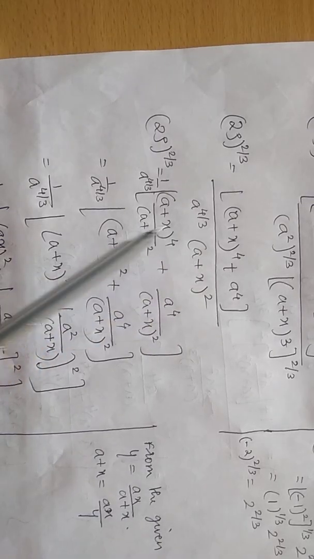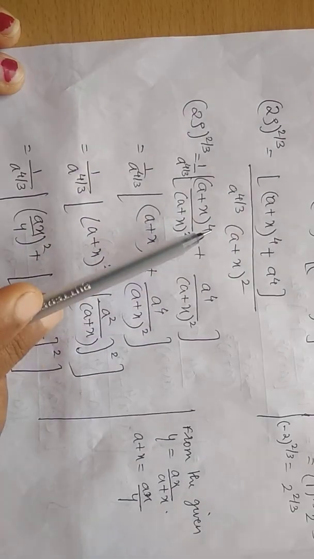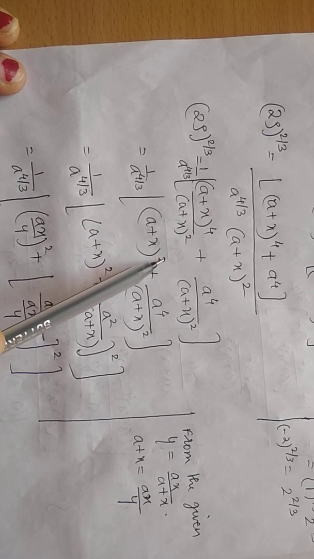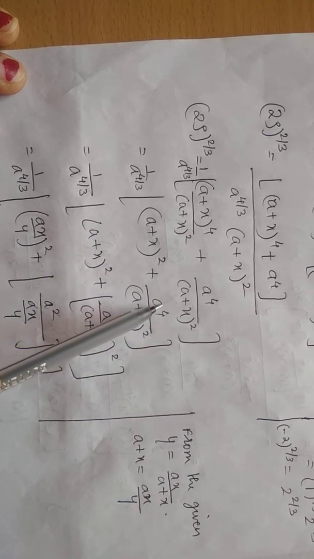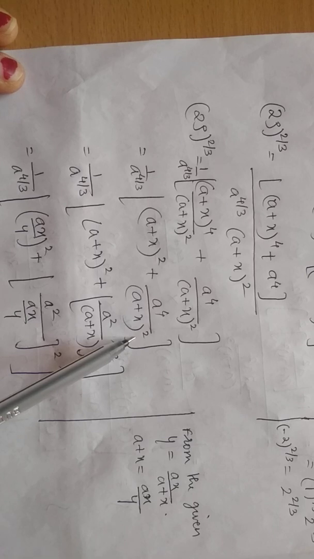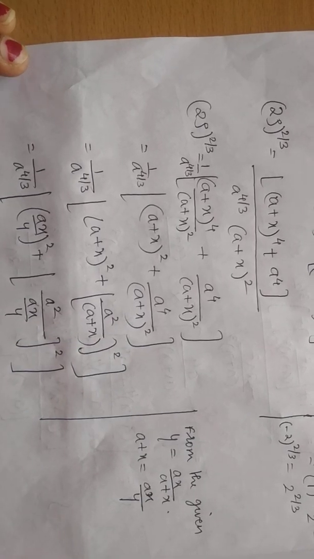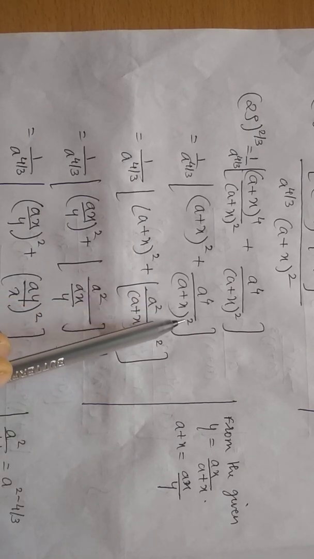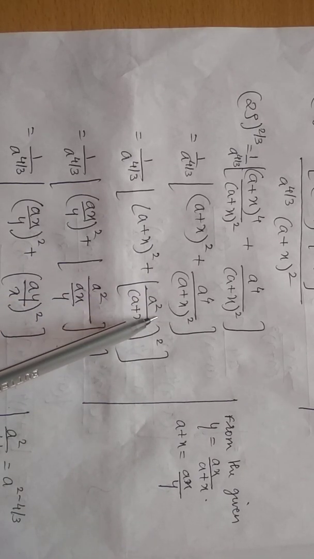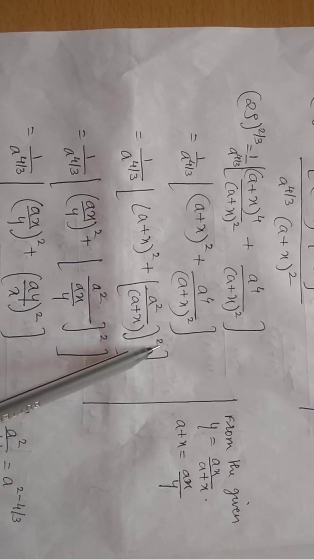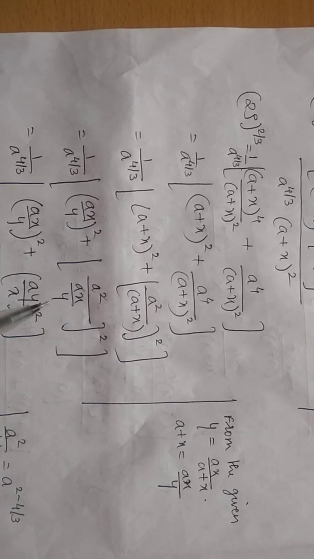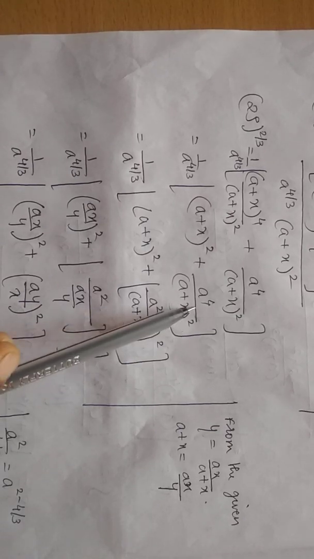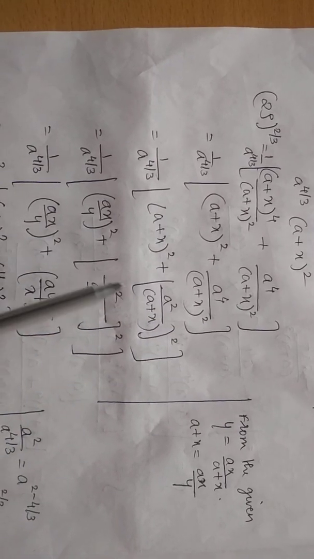Now separately dividing the denominator. So here 2 of the brackets will get cancelled, so a plus x the whole square will remain. A raised to 4 upon a plus x the whole square. Now, to get our required form, I will proceed by writing this: a raised to 4 and a plus x the whole square can be written as a square upon a plus x the whole square. I have split out the power: here a square I have taken out inside, and the square I have taken as the power, such that this will become.